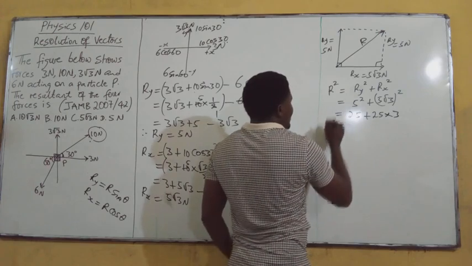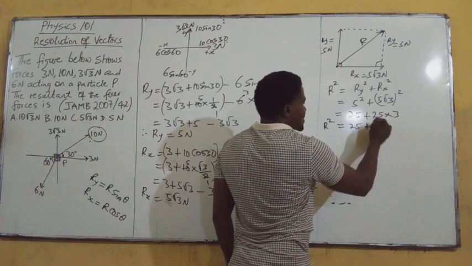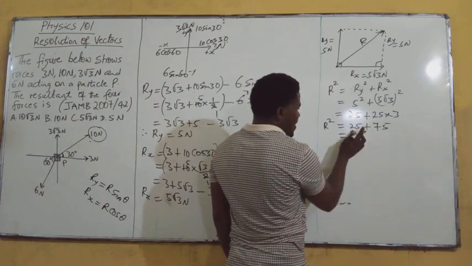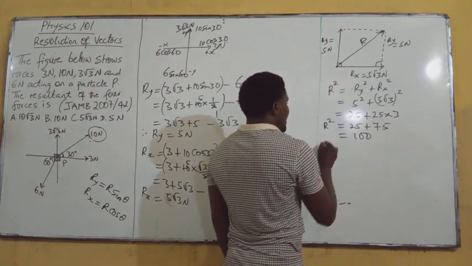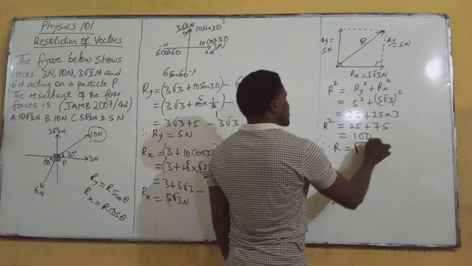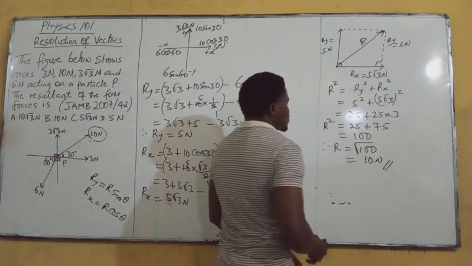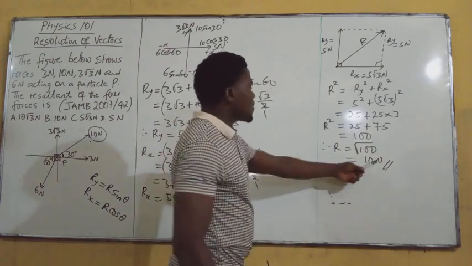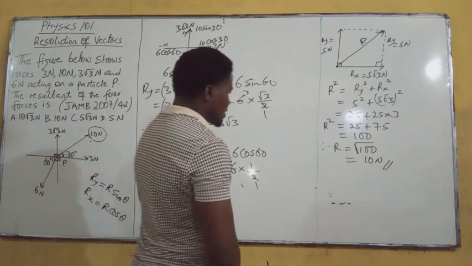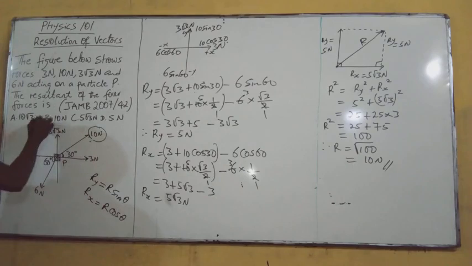Therefore, R squared is equal to 25 plus 25 times 3, which is 75. So R squared is equal to 75 plus 25, which is 100. Therefore, R will become, when the square crosses, the square root of 100, which is equal to 10 Newton. So here, the resultant force acting on the particle P after resolution is 10 Newton. So we'll go to the options to see which is the correct answer, which is option